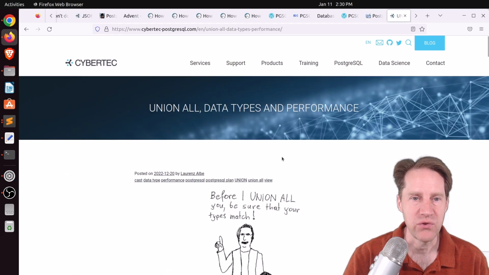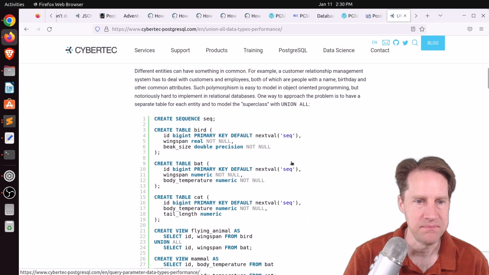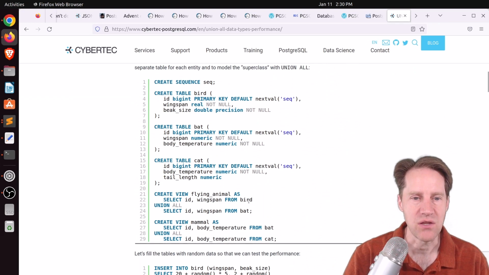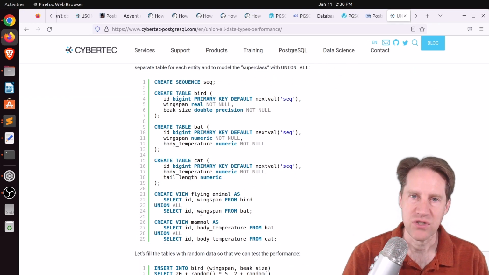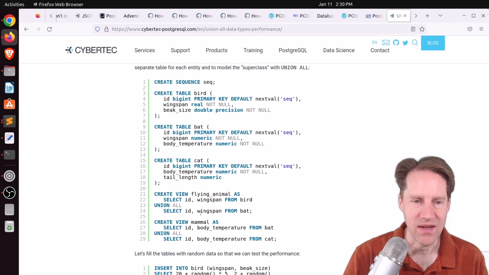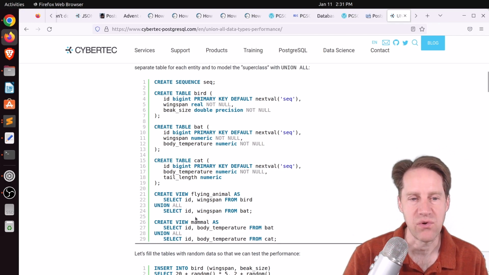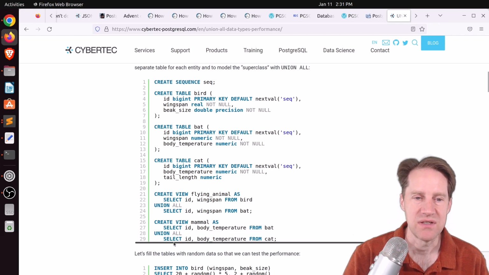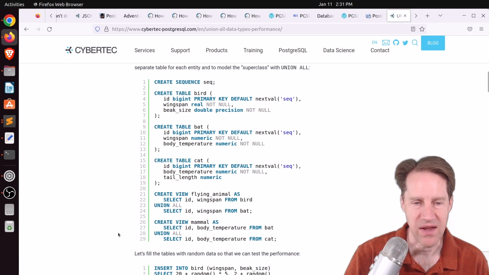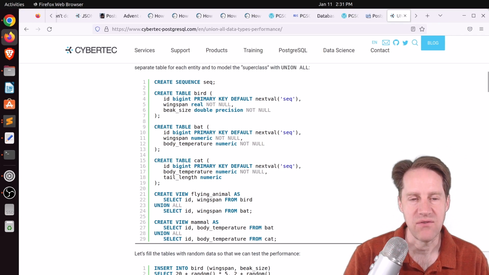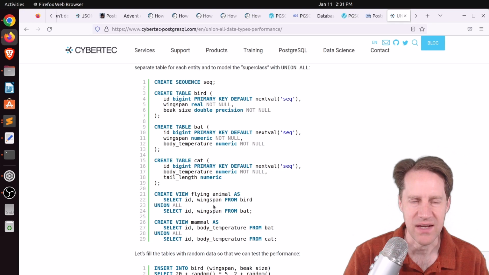Next piece of content, union all data types and performance. This is from cybertec-postgresql.com. They're talking about how they were doing a union to try to merge two types of tables together, and they got an unexpected result in terms of poor performance. So they had a bird table, a bat table, a cat table, and then they created a view for a mammal and included body temperature and did a union all, and it gave a pretty fast response. But then they created a view called flying animal, including wingspan, using union all, and they got a very slow